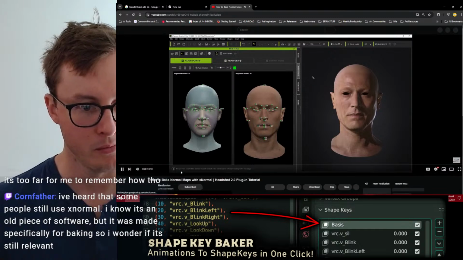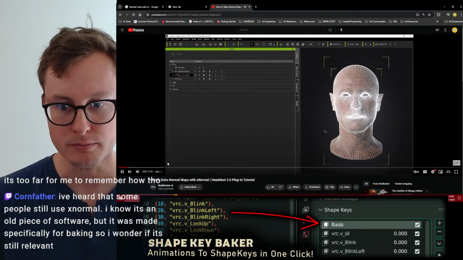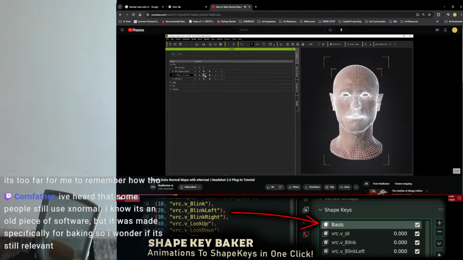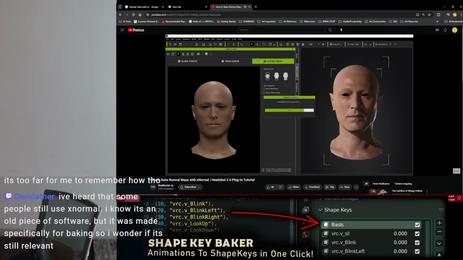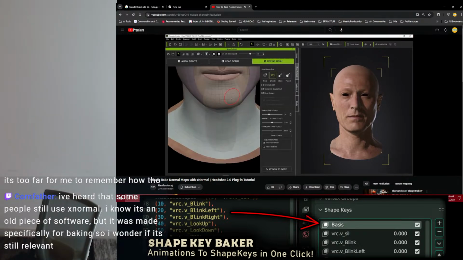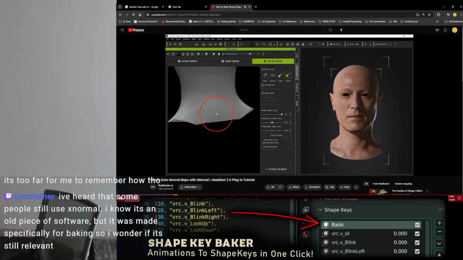Hey everyone, in this quick tutorial we're going to take a look at how to export a refined mesh from character data to external 3D software for embedded texture baking. In this case, we're going to use XNormal. In the case that you are using Headshot 2.0 on a computer with more resources, you may want to import a head mesh with a lower poly count towards the bake process.